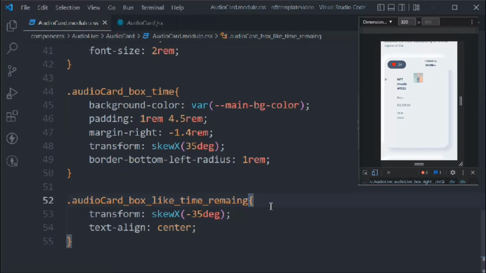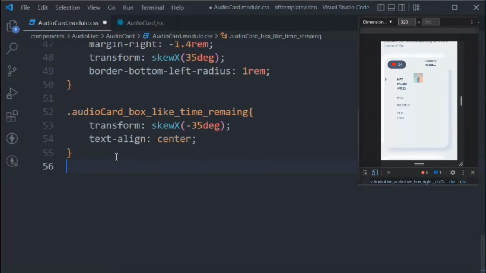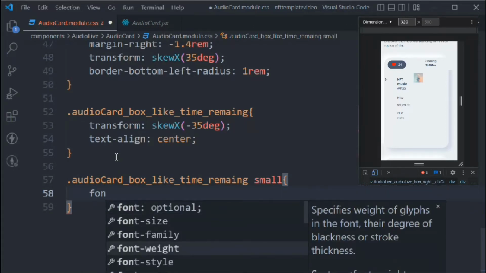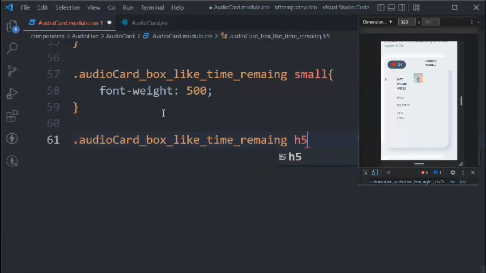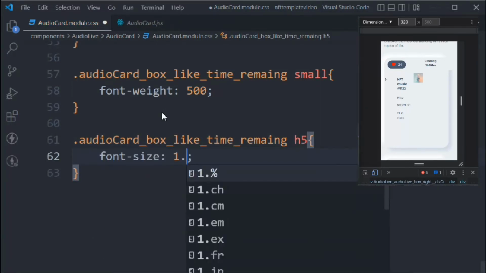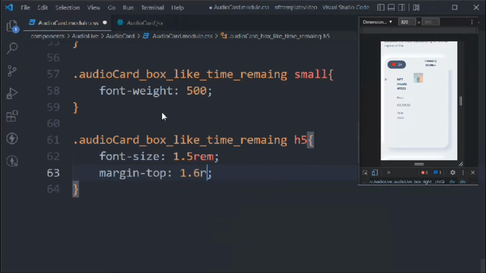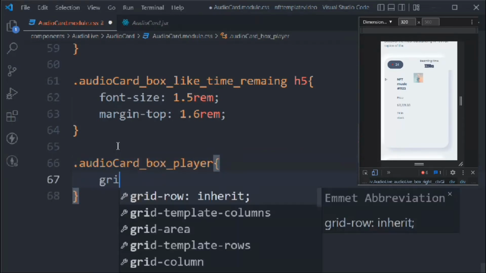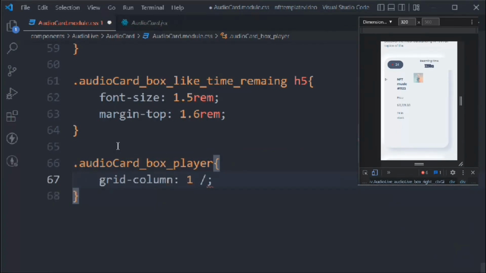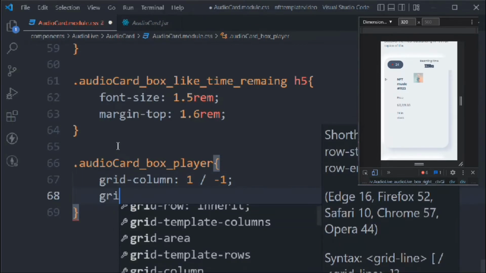Okay, so right now we have the styling. Let's come down. We'll target the audio box like time remaining small, and font weight is going to be 500. We'll target the audio box like time remaining h5, and this will have font size 1.5rem. Margin top is going to be 1.6rem. We'll come down. Audio card box player grid column is going to be 1/-1, and grid row is going to